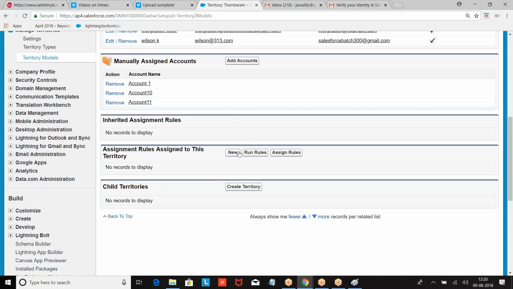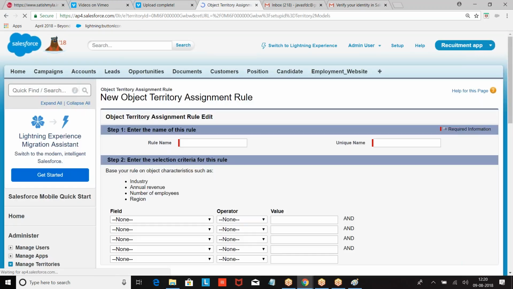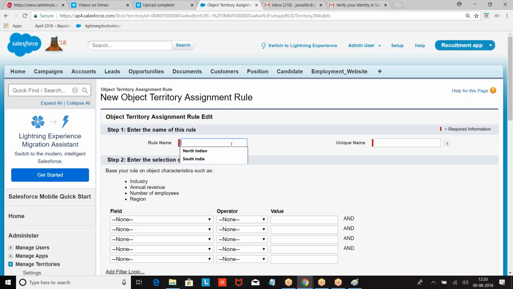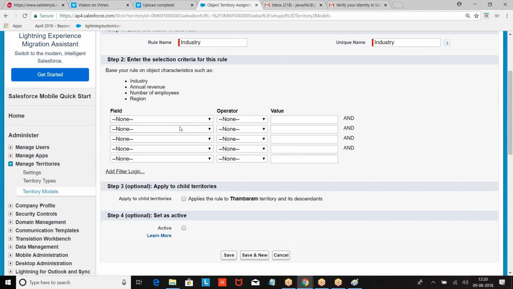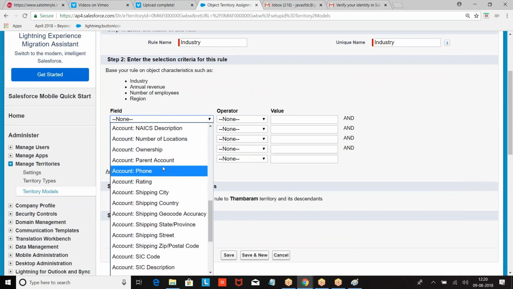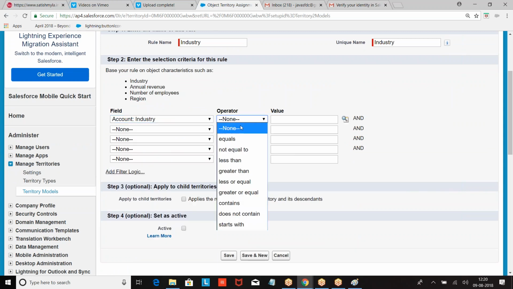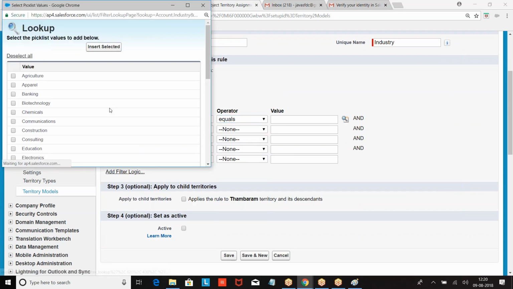Now, you want to apply any rule? Industry rule. I am giving industry. Industry equal to education.